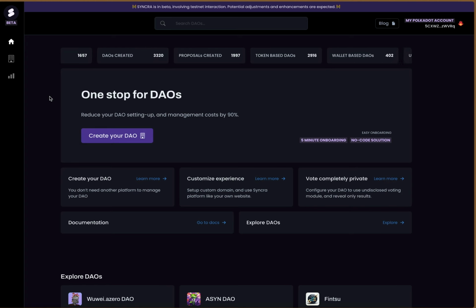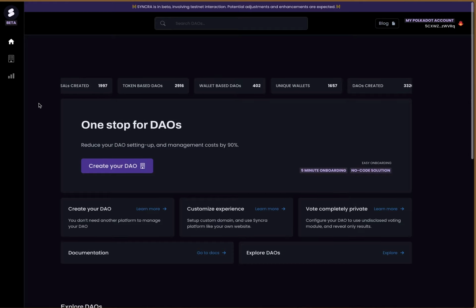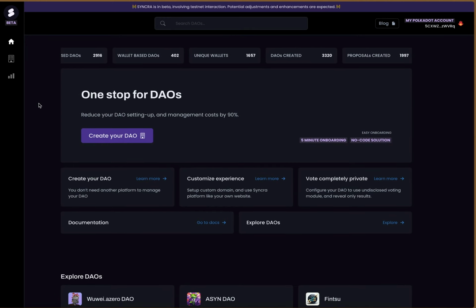For those who are not familiar, this is where I try to use a Web3 product, protocol or DApp without knowing anything about it to see how new users would find their way and how user-friendly it is to use this stuff. This time we're testing Syncra, a toolkit or UI to create DAOs. I don't know anything about it or who's behind it, but I'm interested in checking it out. It seems like it's got quite the user base already. So let's take a look.